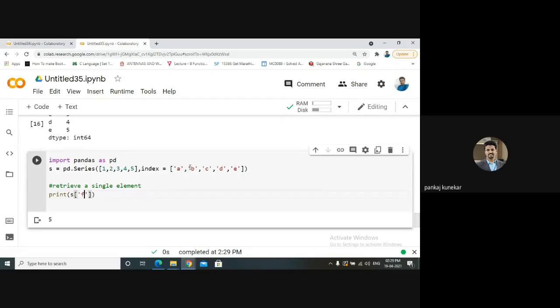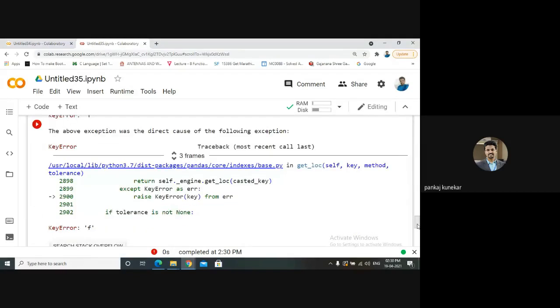What is the output for this? It will give an error, right? We'll check.